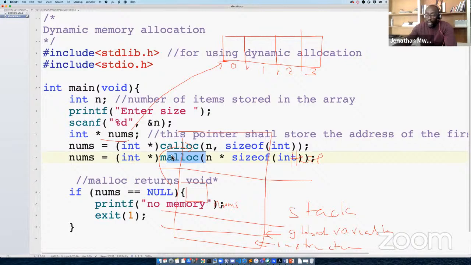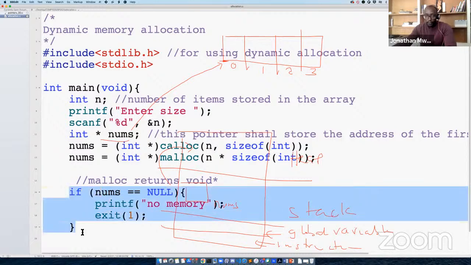But in any case, both malloc and calloc return void pointers, and we need to typecast that to the data type that we want. So far, so good. So we must always do these checks to catch the error returned by the failure of malloc to allocate memory.